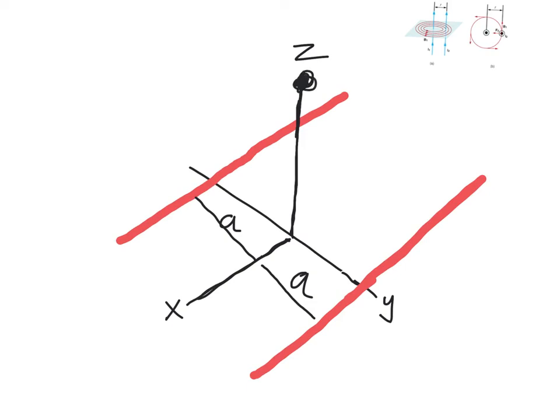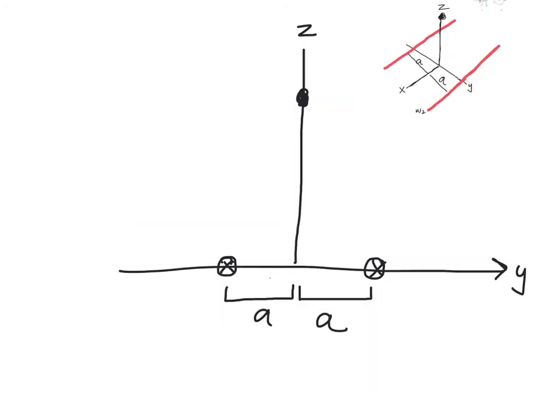And so there's going to be 2 vectors. We'll call this wire 1 and this wire 2. And that's going to give us 2 vectors on the z-axis. But this is going to be hard to draw in 3 dimensions, so watch what I'm going to do. So to better visualize it,